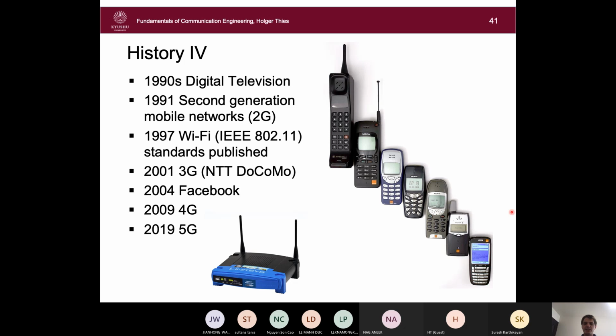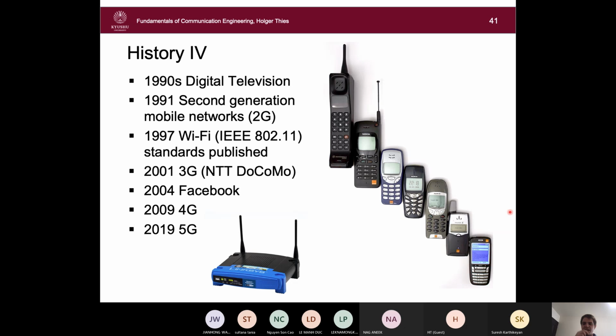And so the start of this is that for mobile phones, the second generation of mobile networks was launched in 1991. And well, the main difference here is also, again, the switch from analog to digital communication. And this also allowed to transfer not only voice, but also other forms of data, such as short messages through the network. And the third generation was launched in 2001. The third generation allowed higher data transfer rates and made using the internet on cell phones possible.